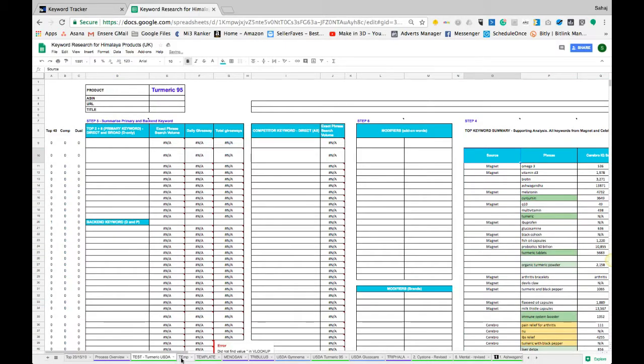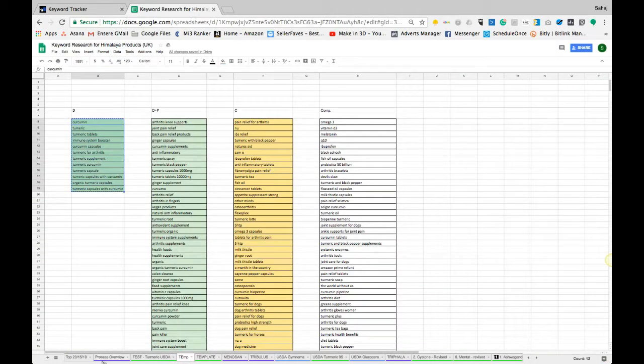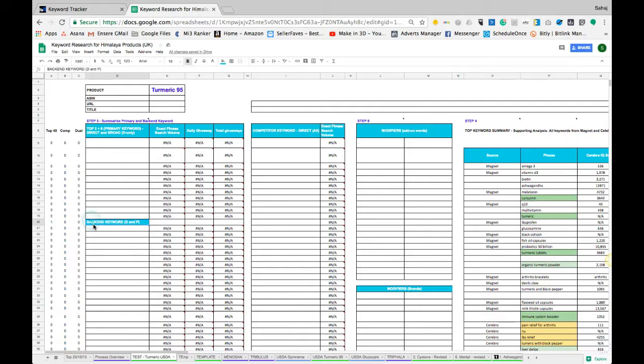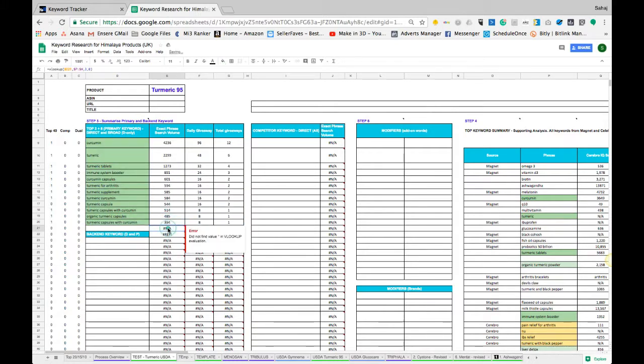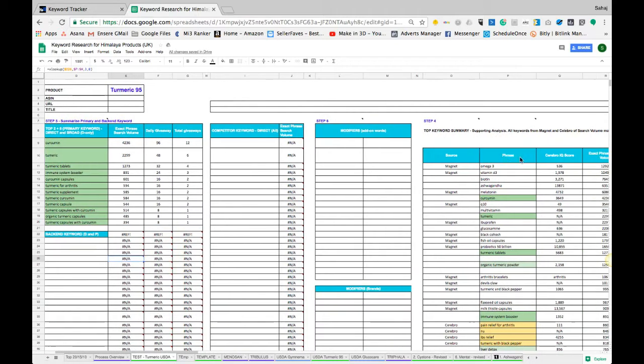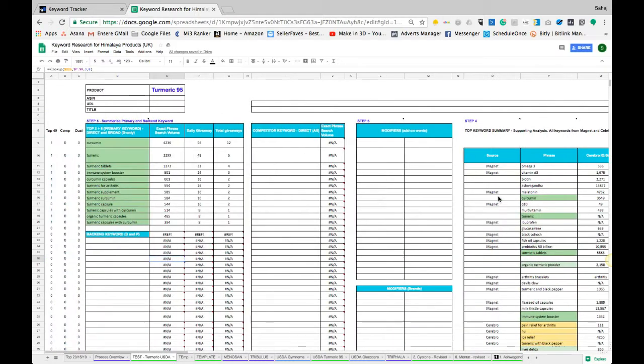Now all we do is get back to this. Make sure it's, yeah, and you can see this data auto-populates. I just copied the formulas from here. It's auto-populating the main data from here into here, which is how much exact phrase it is,